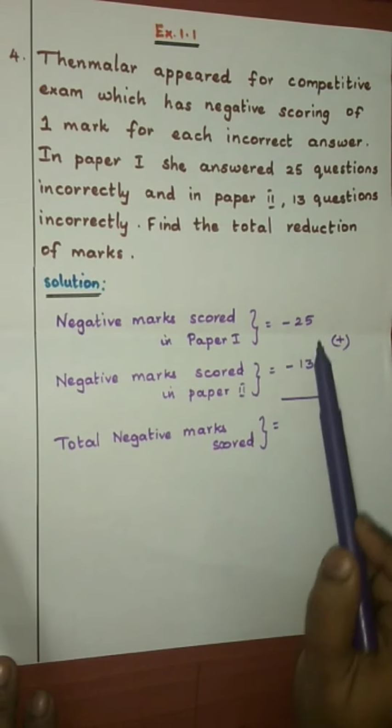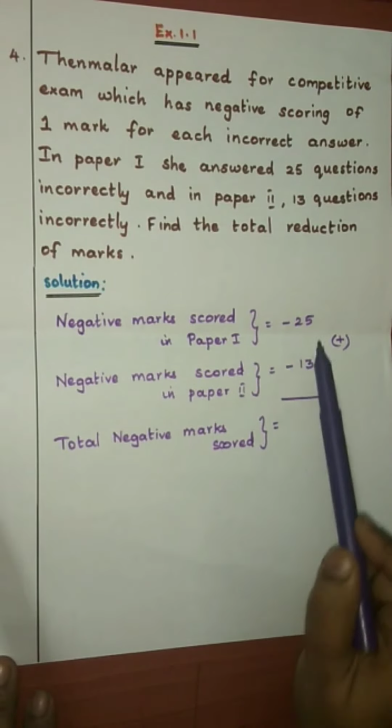Fifth problem. In a quiz competition, Team A scored plus 30, minus 20, 0 and Team B scored minus 20, 0, plus 30 in 3 successive rounds. Which team will win? Can we say that we can add integers in any order? So how to find the team which wins? First we have to find the total points scored by team A and team B. Then compare those 2 points. And the team which gets more points wins the competition.